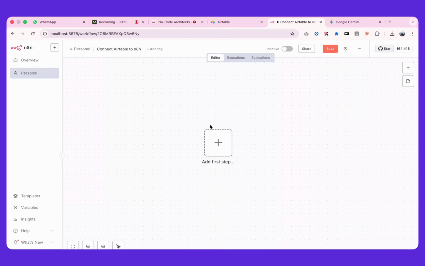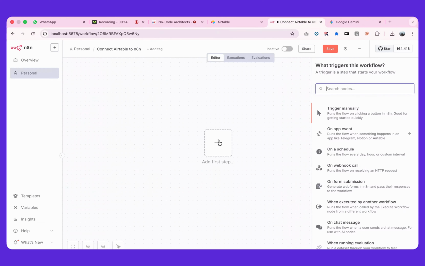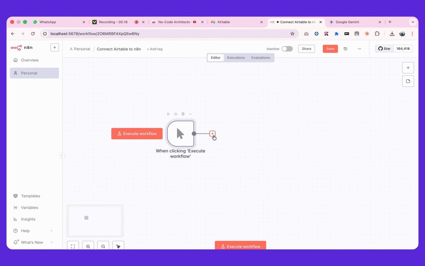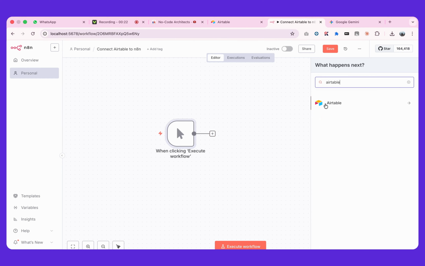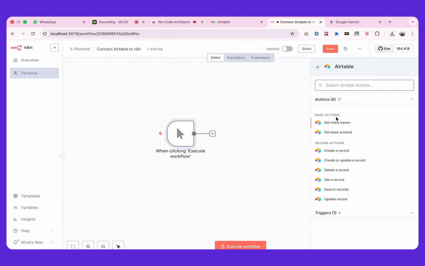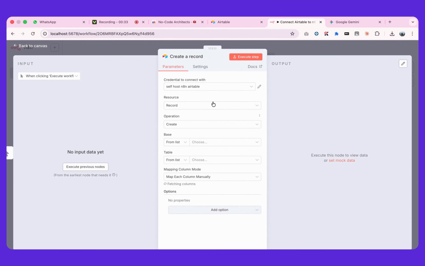So we have this blank canvas of workflow inside n8n, and let's connect the manual trigger node to trigger it. The main goal is to use the Airtable node. Search for Airtable, click it here, and you can select any action here. For this example we can choose to create a record, and when you come here you have to connect